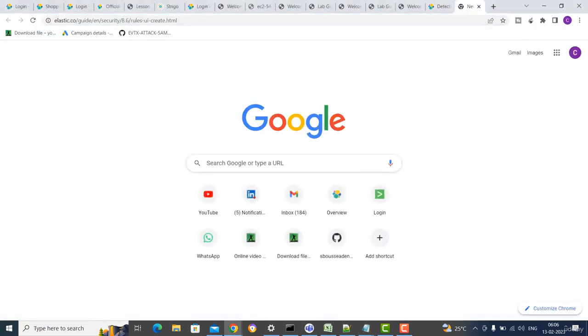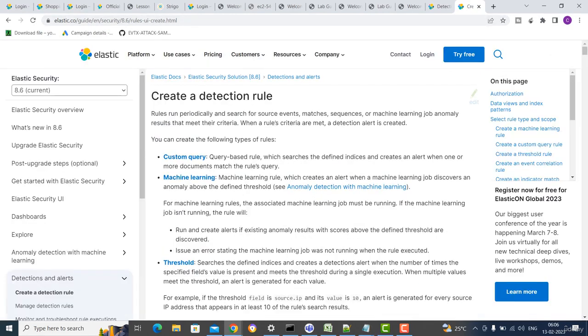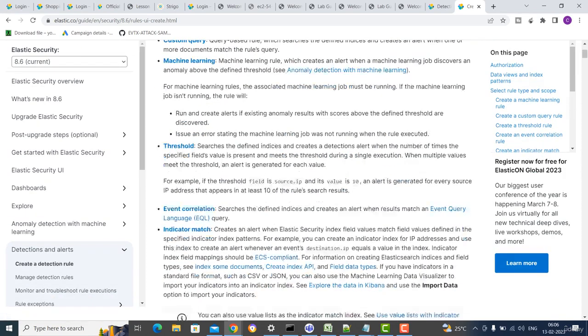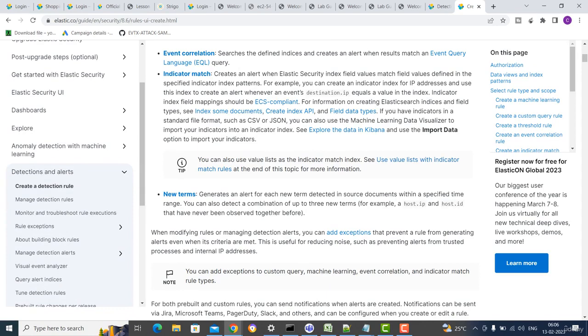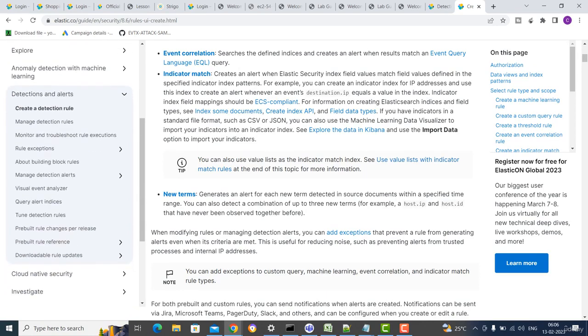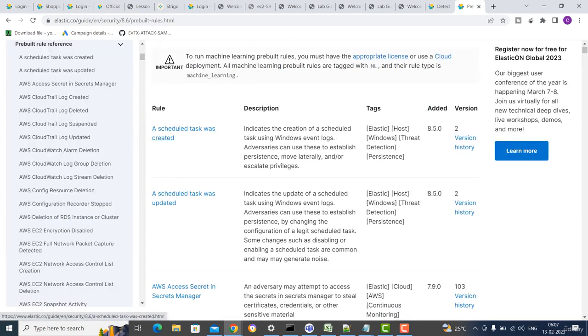Here you can have all the information related to the rules, how to create rules like custom query rules, machine learning rules, threshold rules, and also some of the built-in rules. Here we have the pre-built rule references, which give all the information like the description of the rule